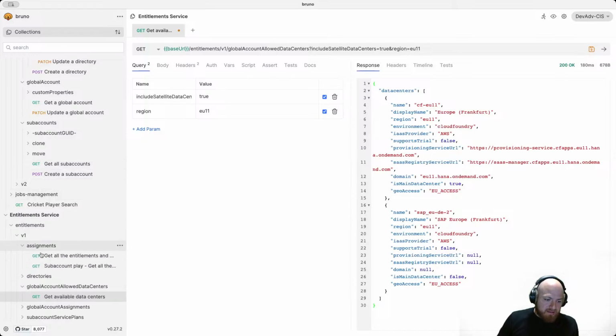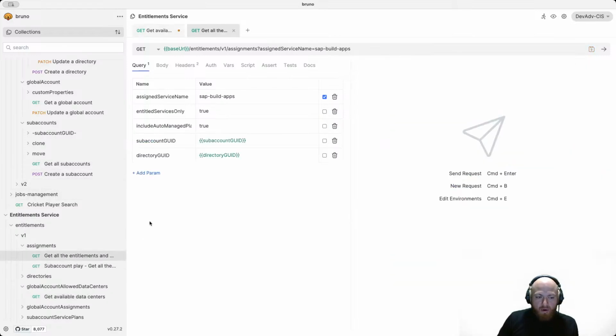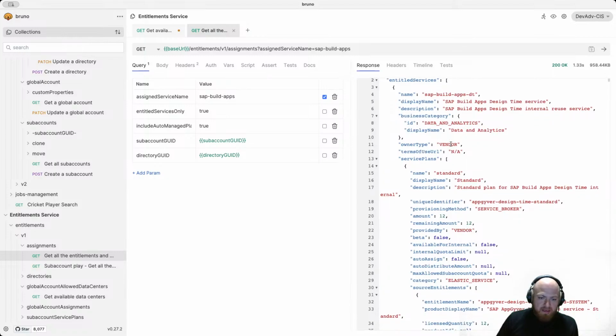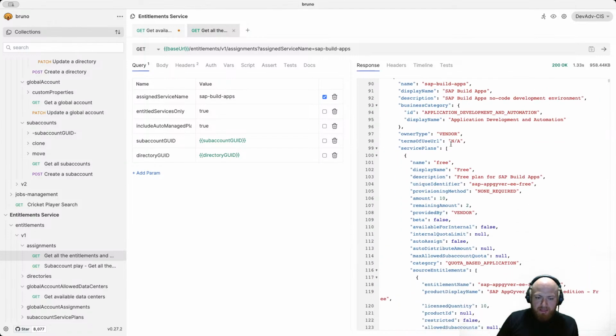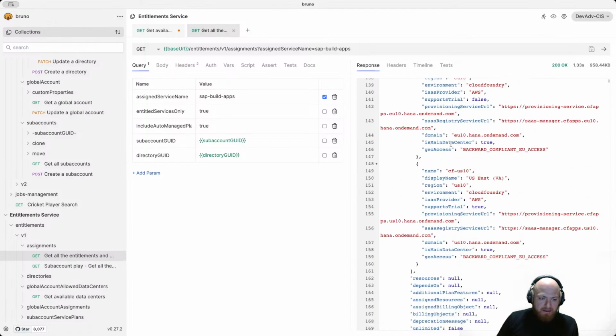In assignments, it's good because we're able to get all the entitlements, for example, that are available for a global account or a sub account. Okay, so you can see it here, and I can just query this. It does take some time, but you can see basically all the services that my global account is entitled to. In this case, I actually have an assigned service name here, but we can remove that,